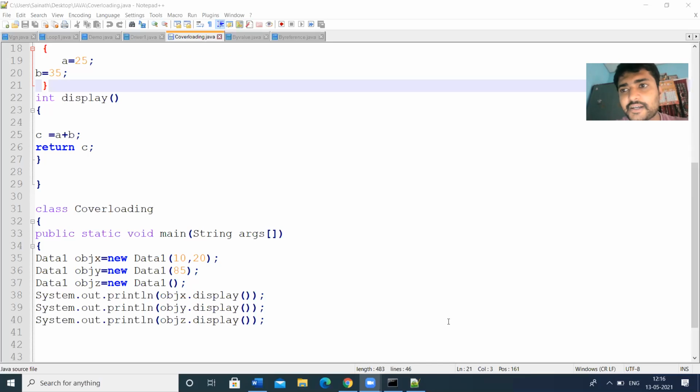So this is a default constructor. If you pass the two parameters, and you don't initialize any value, that is a parametric constructor. The copy constructor is different.